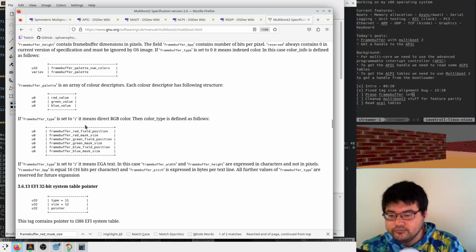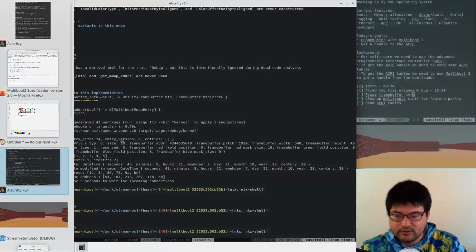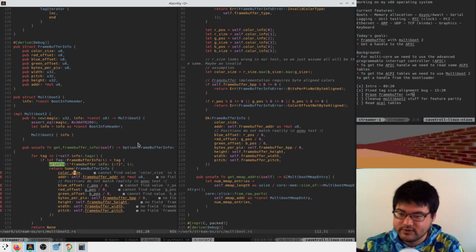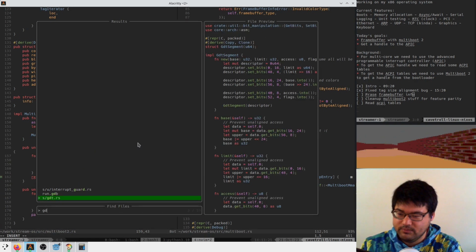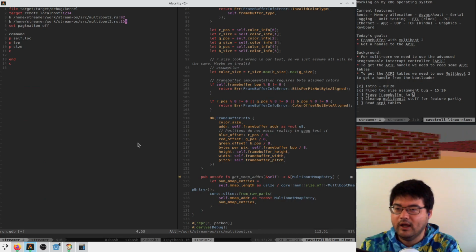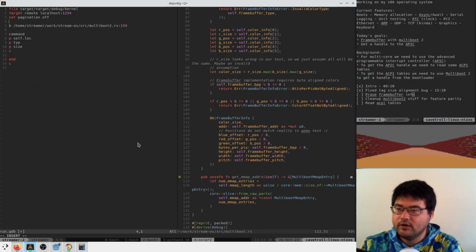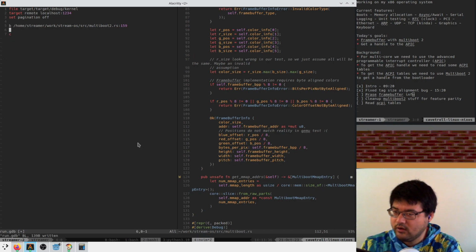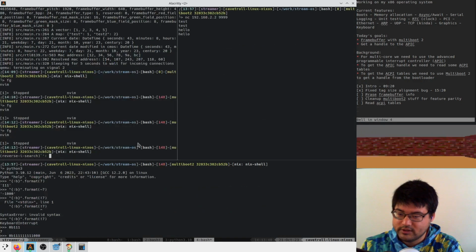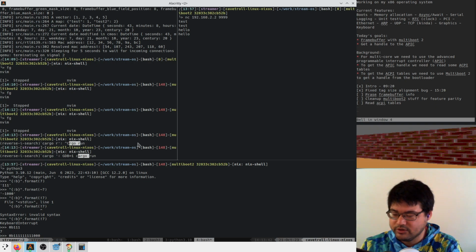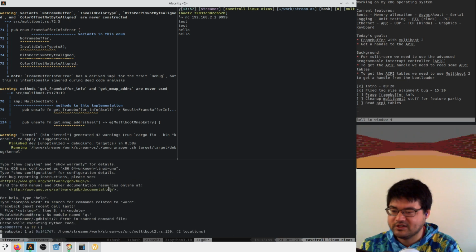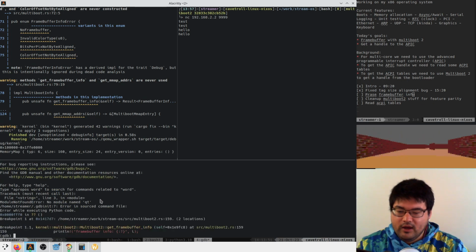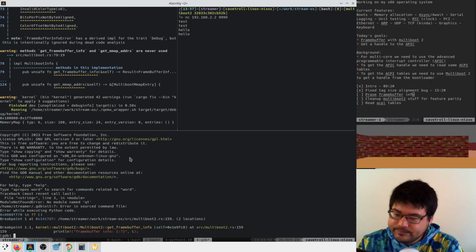So let's see if we can try to prove that to ourselves, because it'd be nice not to have to do this hack. So what I'm going to do is go into GDB, and set a breakpoint at this line. And I guess I'll just sit there at that point. So let's relaunch our OS, but with GDB. And what happens here is QEMU sets up a GDB server for us, and then we can connect our GDB instance to it and start debugging memory, which is a pretty sick feature, honestly.